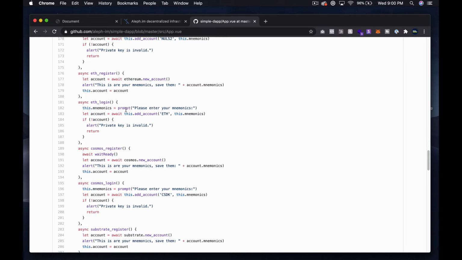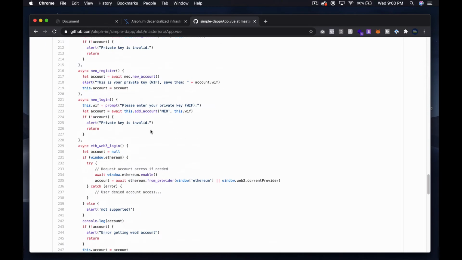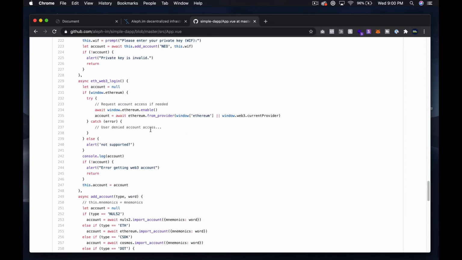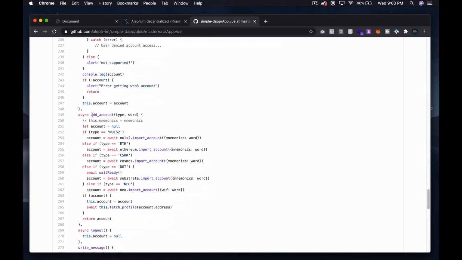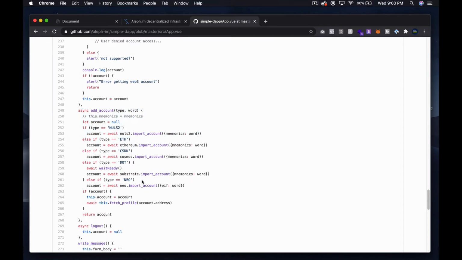The way that we're going to do that is by pulling the mnemonics. I don't know how to pronounce it; it's a very weird spelling for me personally. In any case, whichever it is, we're basically going to save those things in the database, and we're going to save everything else because why not for now. But we're going to use the mnemonics to initialize the account using Aleph. Now, there's an add account method somewhere. This add account is not in Aleph, it's actually written down here. And because we're on Ethereum,